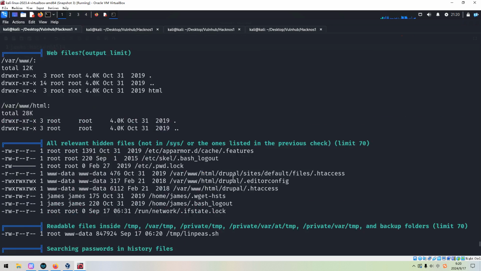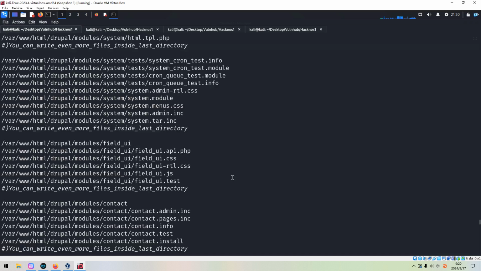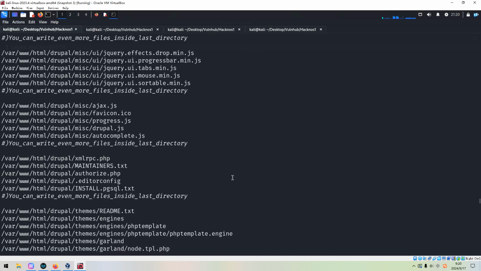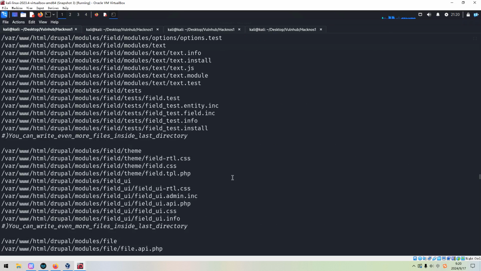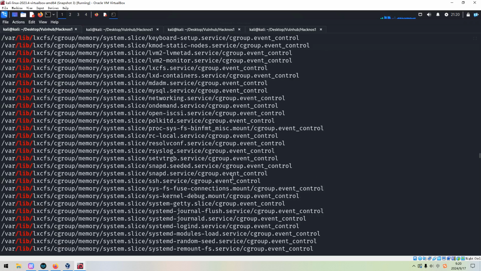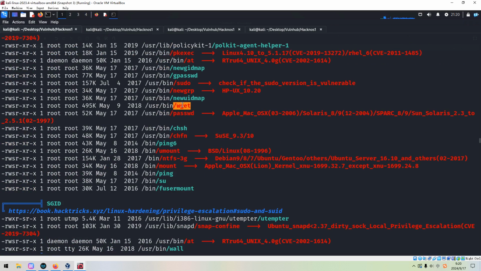And then we can scroll up to locate that vector which can help us to elevate privilege. Oh, a lot of output by this script. All right, as you can see, wget. So the question now is how to use wget to elevate.